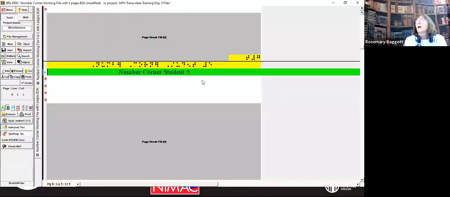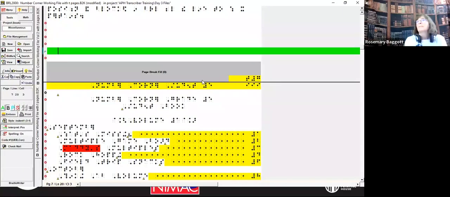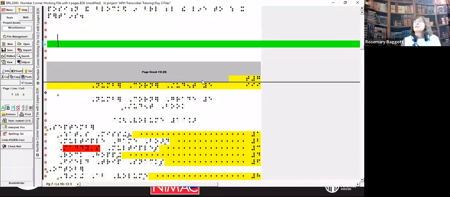The way I do that is I go back to the page before and delete the page break. So I deleted page T8. Now I need page T8 if I want the table of contents to be on an odd number page in the file. And just to be certain, you can always look over here on the left. This tells you the page in the file. It's an odd number page.